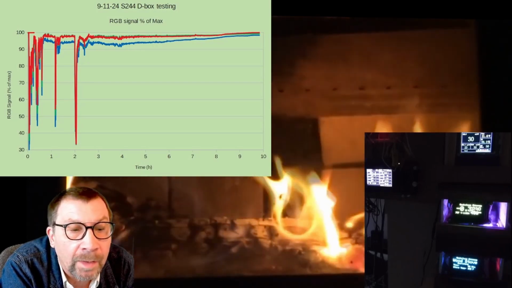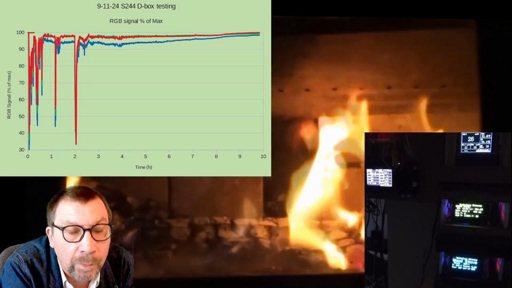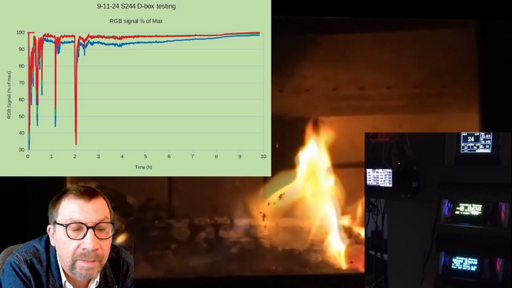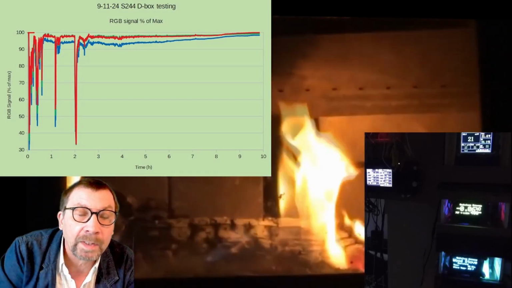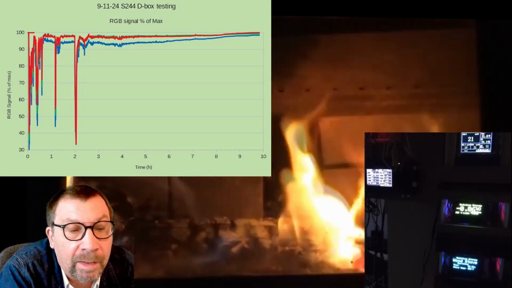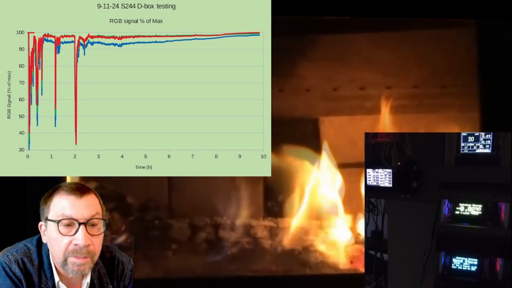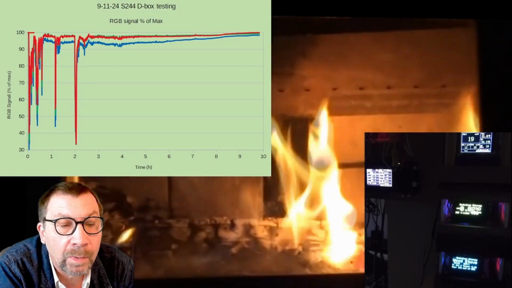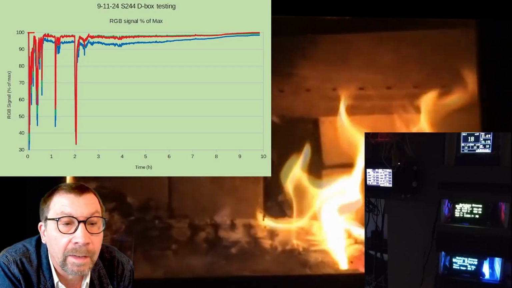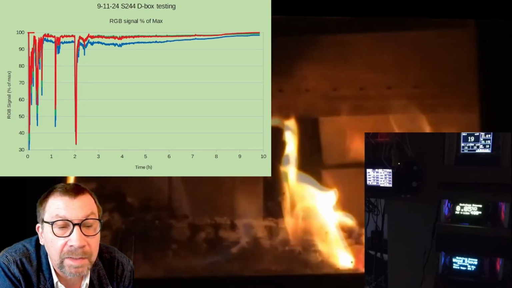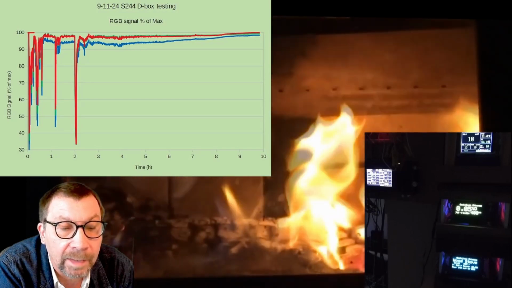This is a chart that I like to make, and it's called percent of max signal. During the run, we take a look at what is the highest data point for that diode, and we plot the data as a percentage of that highest or maximum signal. That way they lay right on top of each other, and you can see when one deviates from the other. And I see that blue clearly deviates or is depressed, as not as much blue light is getting through at